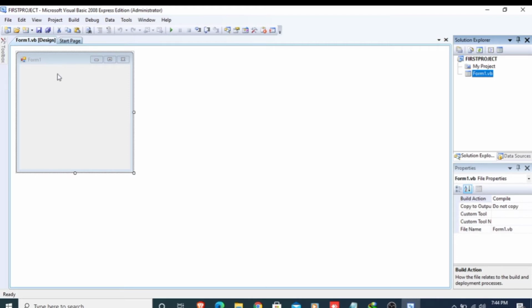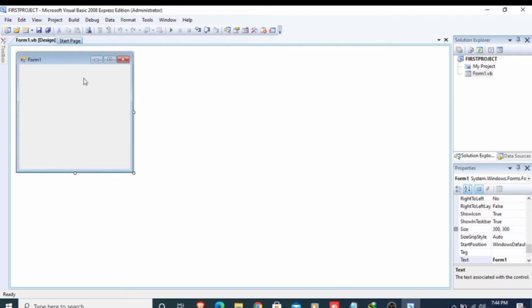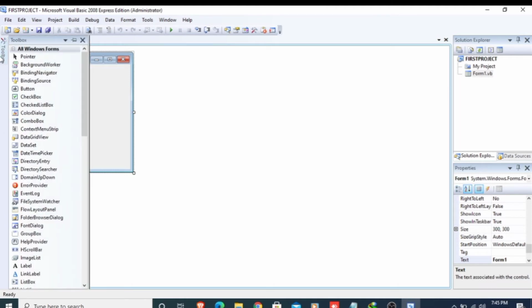First of all we will learn about all the components here. This one is your menu bar. Here you can see various commands that can be used to work with the Visual Basic project. After that this one is your toolbar, which provides commands in the shape of tool buttons. After that this one is your toolbox, which offers various reusable objects like buttons, list box, check box, text box, labels and so on. Here you can see the pointer, data set, event log and so on.